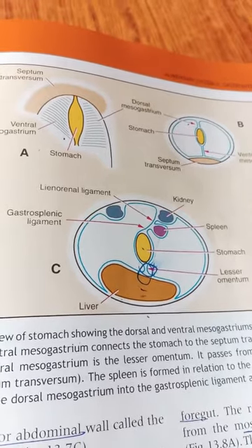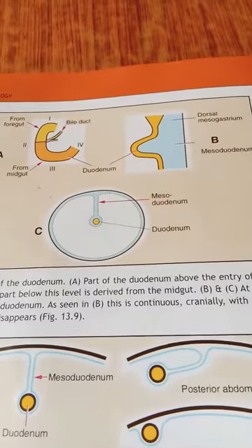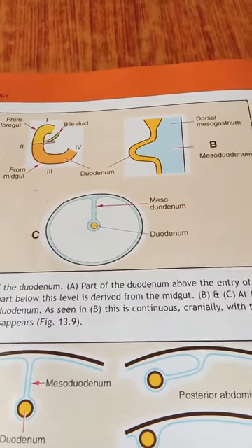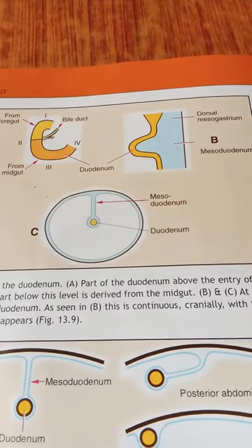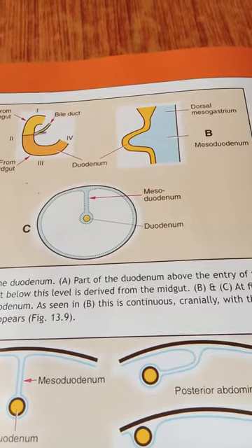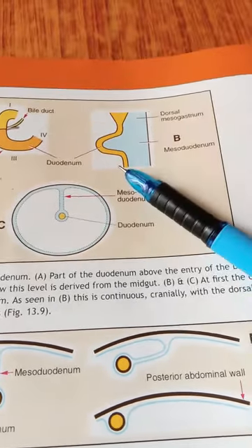So now let us move on to the duodenum. This is enough for the stomach. Now let us see how the duodenum is formed. The duodenum has the superior or first part and the upper half of the descending or second part, which is the starting part of the duodenum derived from the foregut, of course, as we know. And the rest of the duodenum is mainly from the most proximal part of the midgut. So the duodenum is in the form of a loop, right? You can see it is in the form of a loop.